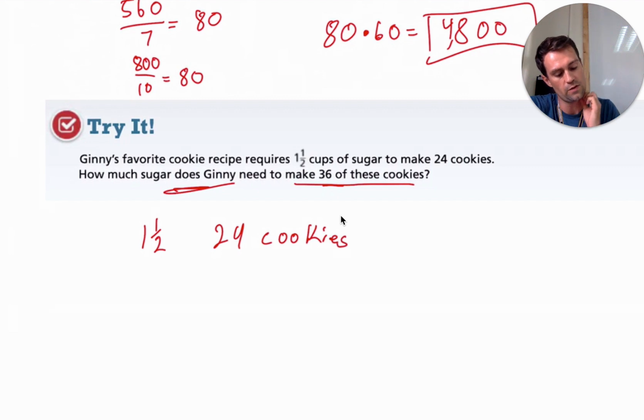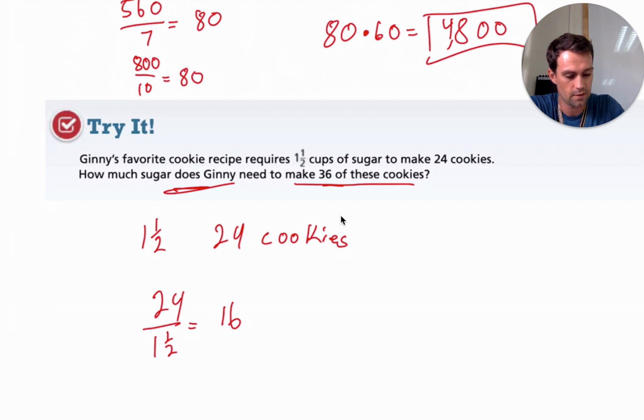Okay, so we could figure out 24 out of 1 1/2 would give us maybe our unit rate or the proportion. So when you take 24 divided by 1.5, gives us 16 cookies